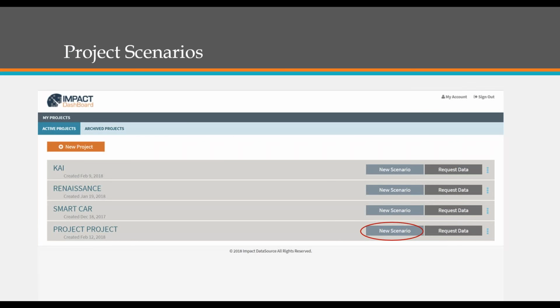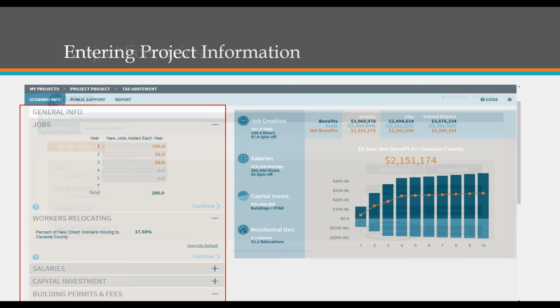And then project scenarios, also something a little bit easier than the desktop model. It allows you to kind of set up different scenarios, and you can kind of see them as you set them up.